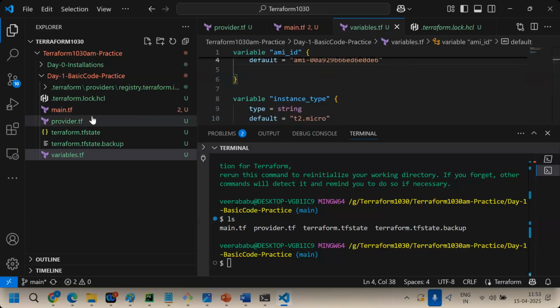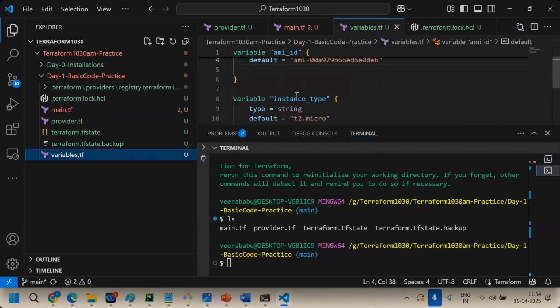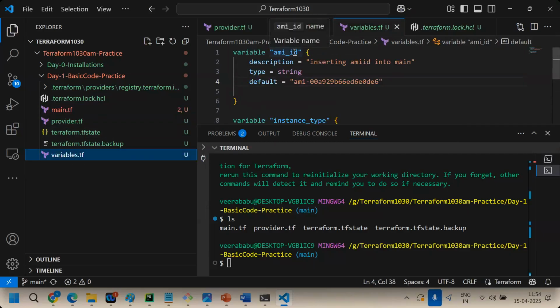Now, errors are there, right? How many errors are there? Two. See, what are the errors? Just place your cursor there. No declaration found for var.dev. You haven't declared dev anywhere. Why? Before, dev was there, and I have renamed it to AMI ID.